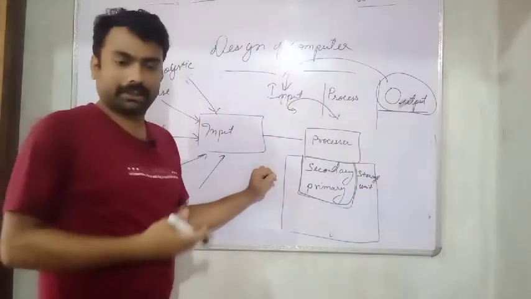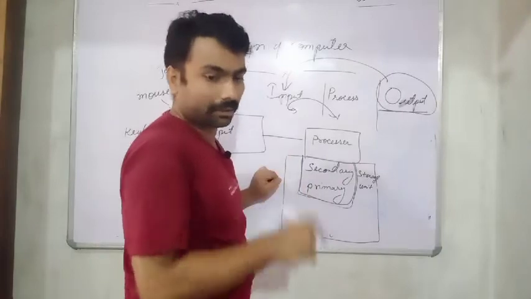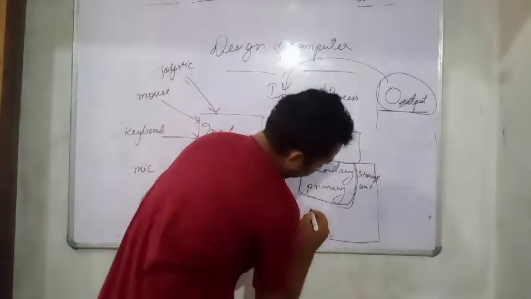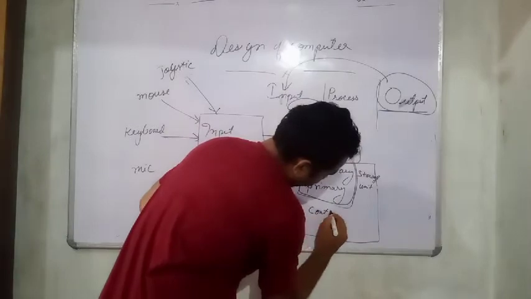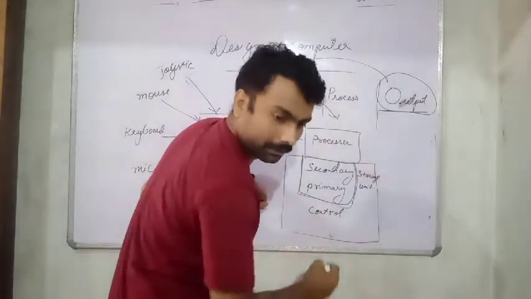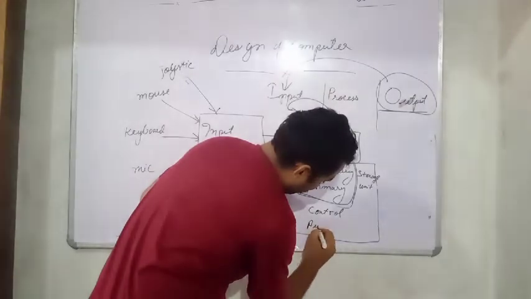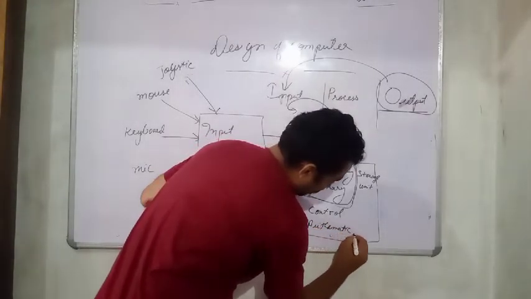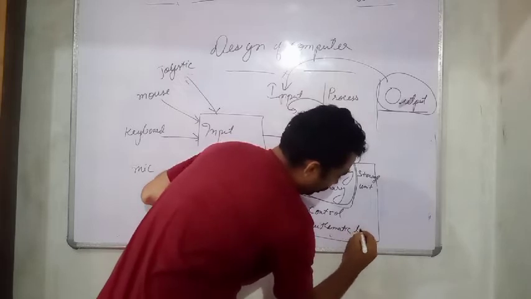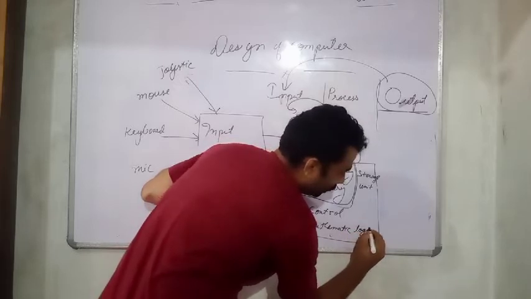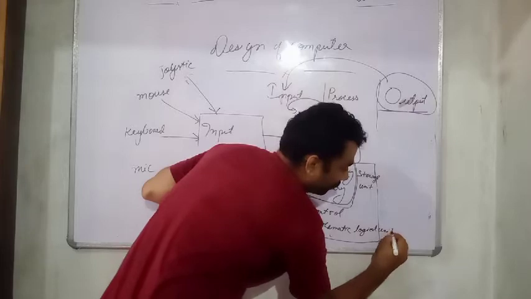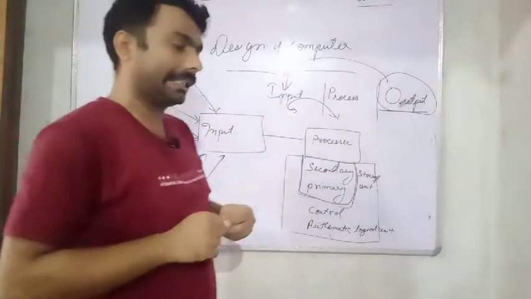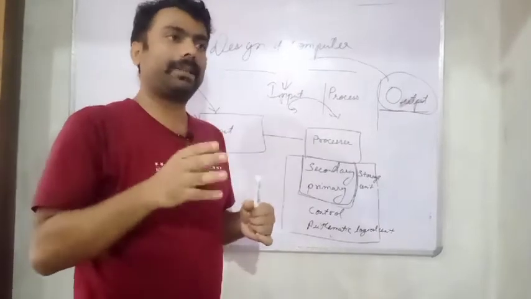Okay, storage unit written. Inside the storage unit, one more: control and arithmetic logical unit. Okay, so you might have heard that your processor is divided into three